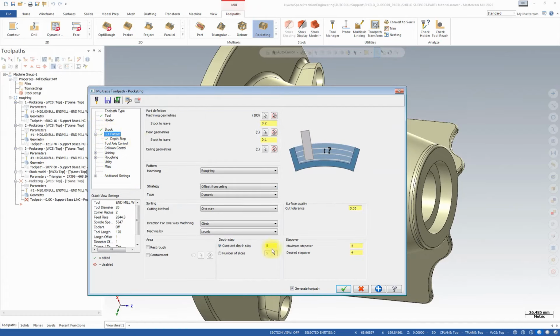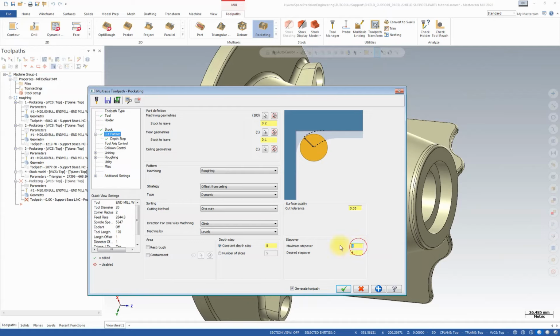Okay, or because we have only one pass on each depth, we could actually set it up here every 2.5. Okay, as a step over you can put whatever you want as long as it is bigger than 1mm,